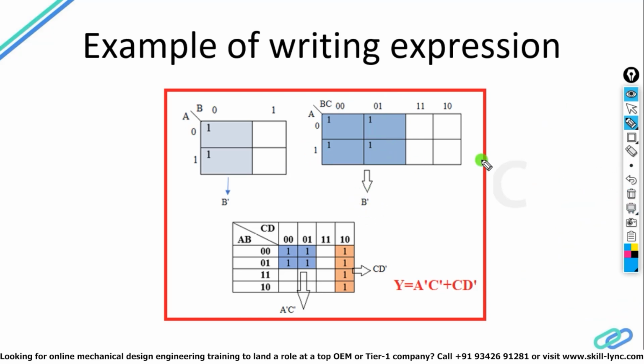The simple thing is, first of all, find out the group. After finding the group, start looking on the left side and on the top side. If on the left side you get something common, just note down that value. If on the above side you get something in common, just note down those values. If it is SOP, write in the SOP way. If it is POS, write in the POS way.